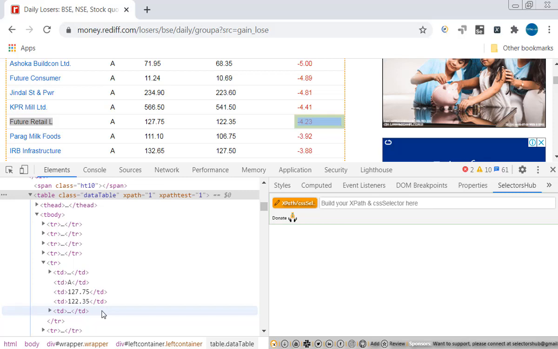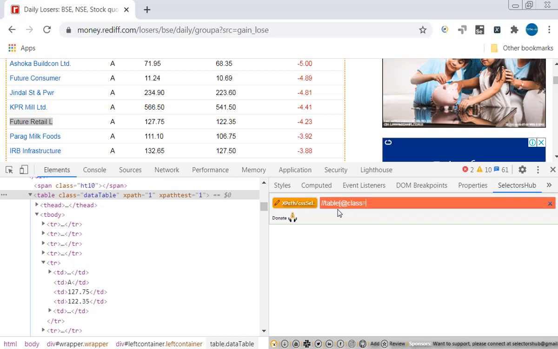So let's try to identify the Future Retail L row which is available in the table. What is our objective? To identify the row where Future Retail L is available. Let me write down the XPath: //table with the attribute @class equal to dataTable.